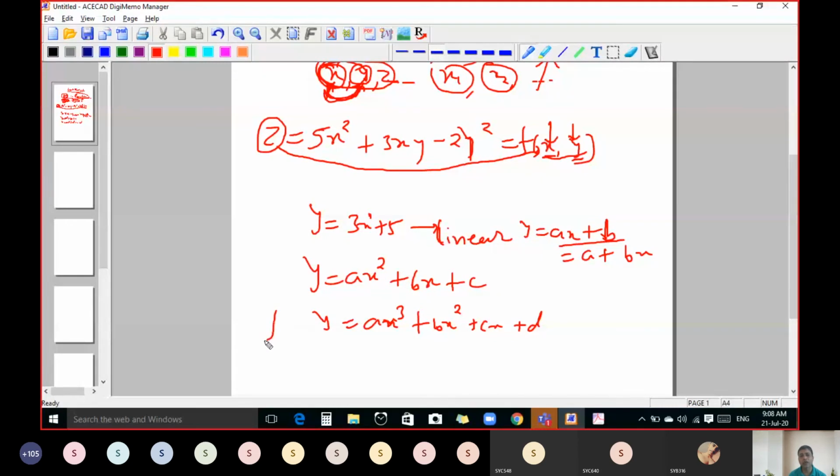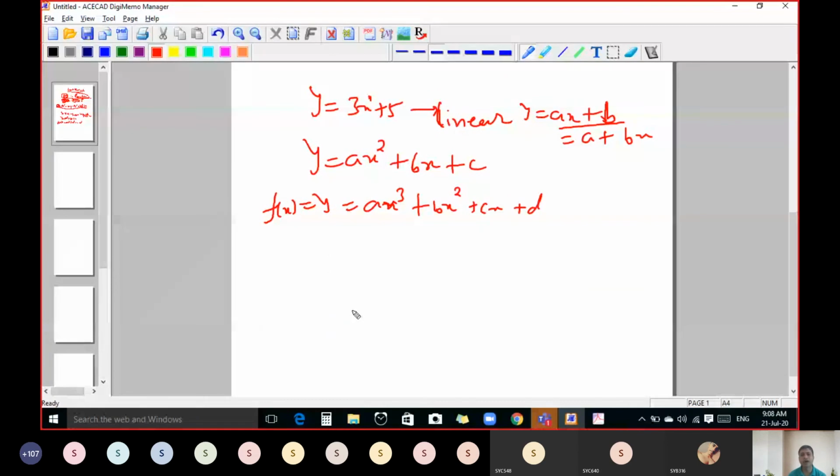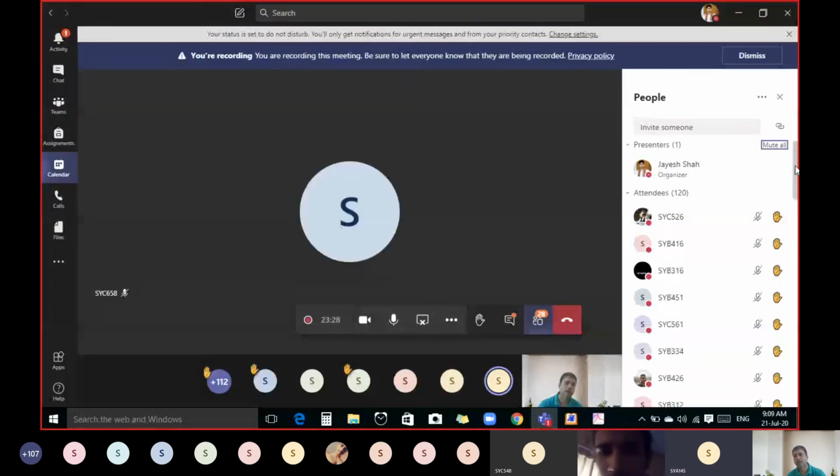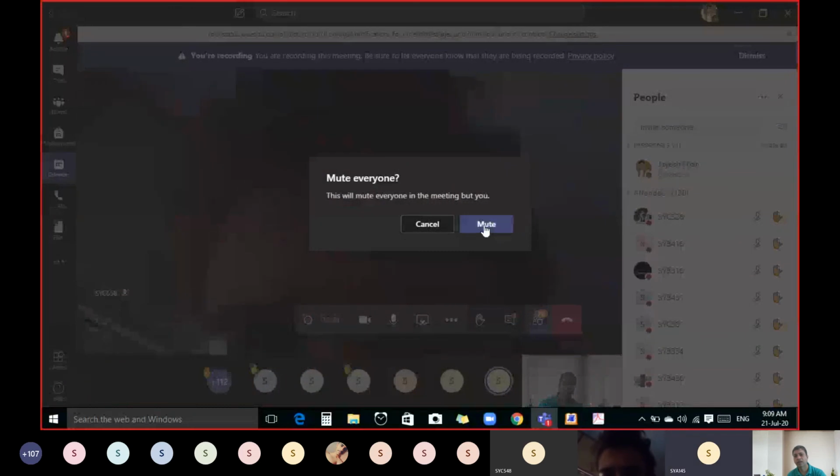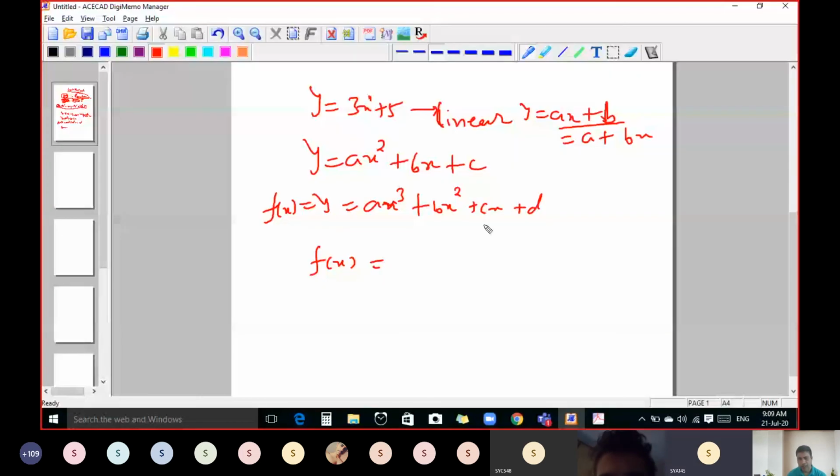Function is also denoted by f of x like this. So f of x or y, it is considered the same thing. Here y is known as the function of x. There is some function like this, f of x equal to or y equal to 3x cube minus 8x upon 9x plus 5. So this is